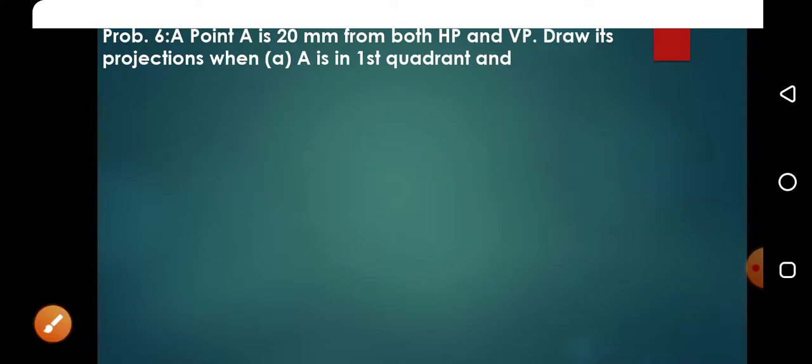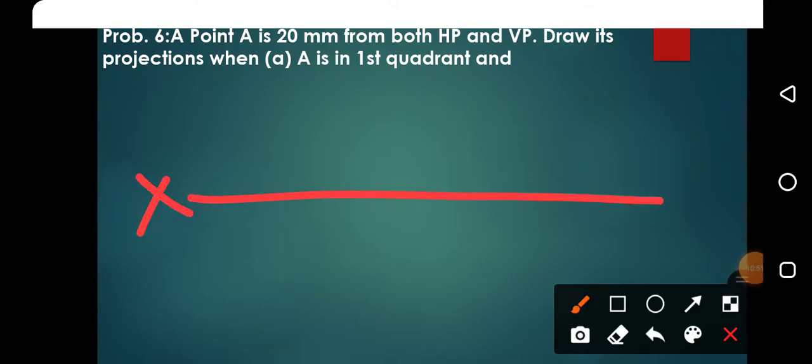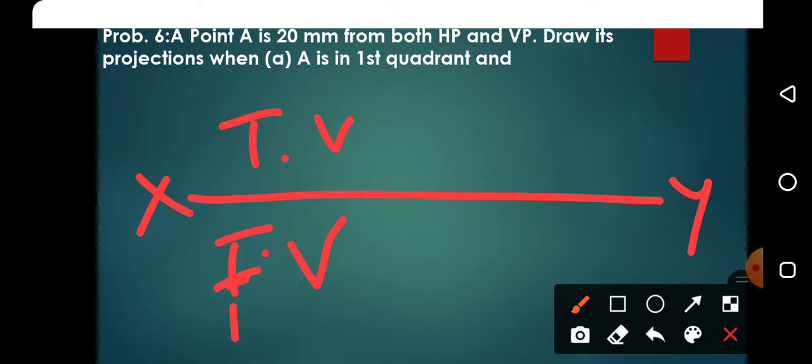Again, what they ask next is the third quadrant. If you assume the point is in the third quadrant, how will the answer be? See here, the XY line is here. The condition of the third quadrant is exactly opposite to the first quadrant. In the first quadrant, the front view is above the XY line, right? So here the front view will not fall above the XY line; the top view will fall above the XY line, and the front view will be below the XY line. Okay, 20 mm